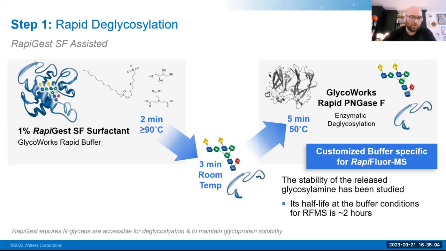This is very important because we're really interested in trying to knock this timeline down, but we're not really concerned about anything around the protein. This is why we're able to leverage these high temperatures to allow for rapid unfolding. It's very important to start breaking that structure down as much as possible to allow for access and release of these glycans. And we're not worried about the protein, so any modifications or degradation events that may happen because of that high temperature are not a concern, because we're hoping to get rid of that protein anyway.